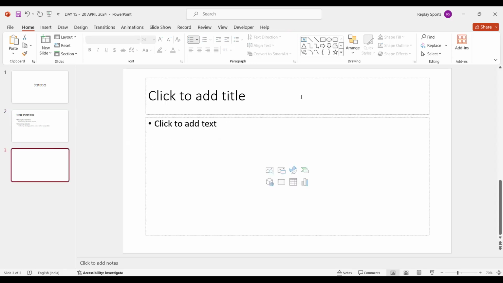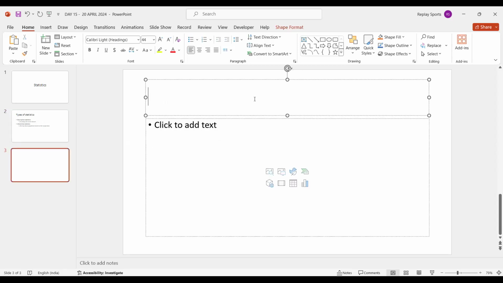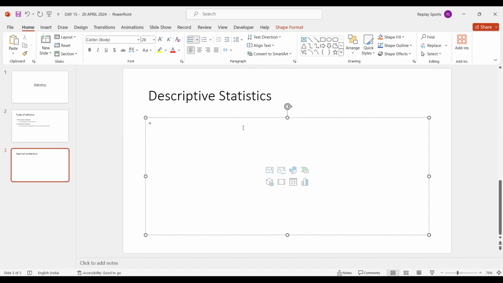I'm going to create a new slide here. Descriptive statistics. Now, descriptive statistics are also made of two types. So there are two important concepts in descriptive statistics. One concept is called central tendency,